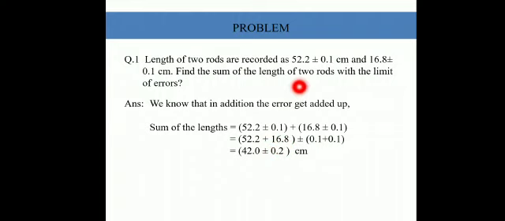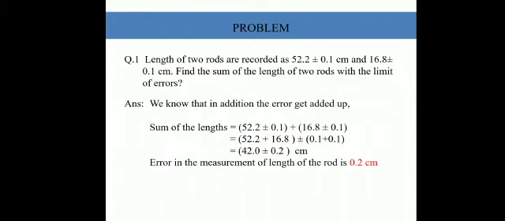So if there is error in the first property and error in the second property, you will see the final answer will have more error compared to the individual values. Here it is only 0.1, but the final answer is 0.2 centimeter. So the error in the value is 0.2 centimeter, but if we want to calculate it by multiplication and division, you can find out roughly 20%, I guess, or maybe 2% of the error.